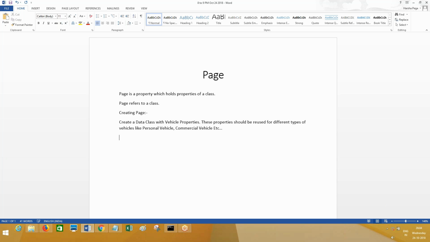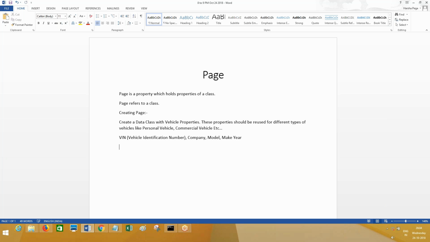What are the properties generally? Vehicle identification number. This is one property. A vehicle will have a vehicle identification number, company, model, make, year, when it was made. Like this, you need different properties.